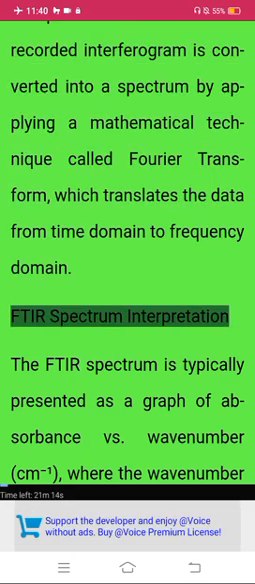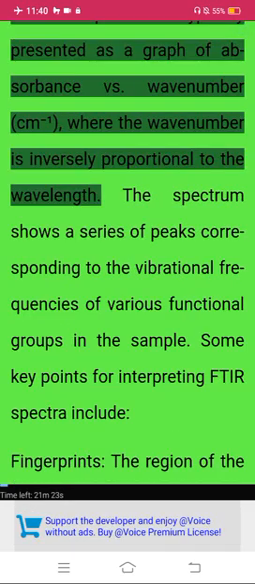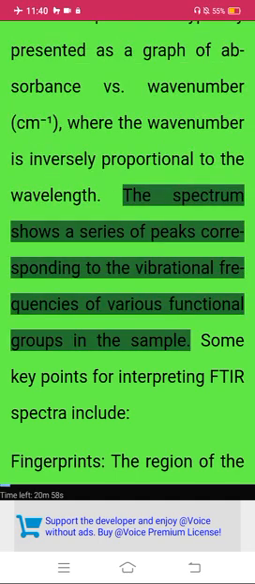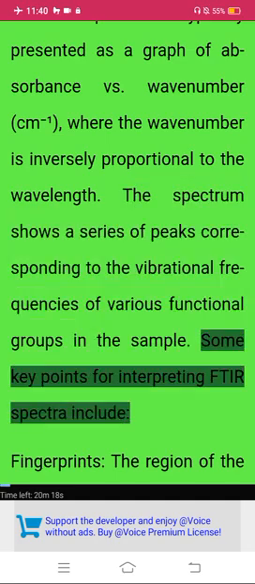FTIR spectrum interpretation. The FTIR spectrum is typically presented as a graph of absorbance versus wave number, cm⁻¹, where the wave number is inversely proportional to the wavelength. The spectrum shows a series of peaks corresponding to the vibrational frequencies of various functional groups in the sample. Some key points for interpreting FTIR spectra include